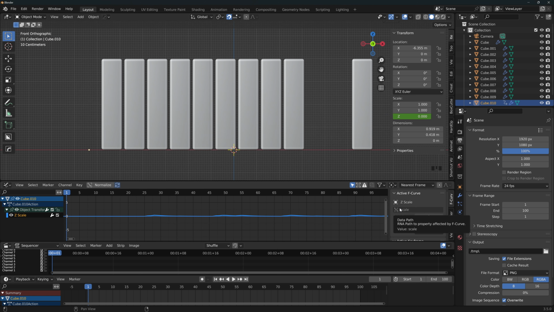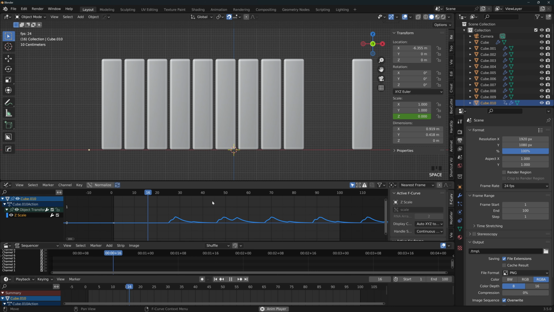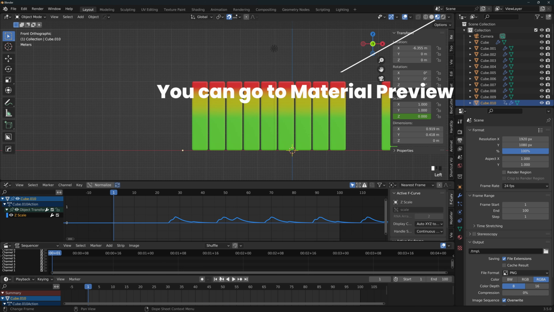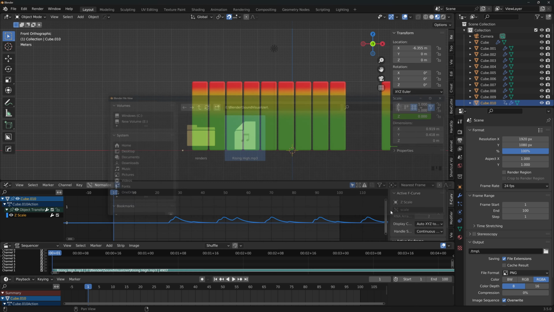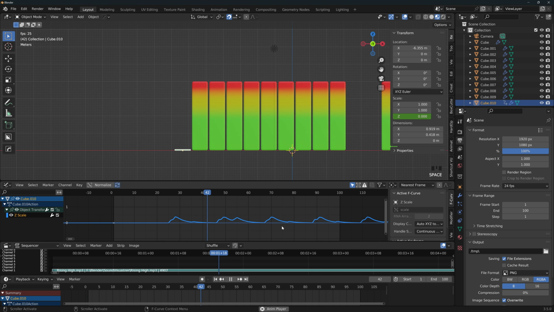The shape flattens, which is the reason why we made our shading reference separate, to always be able to see it in case we want to modify something. You'll see in the graph editor that the audio has been mapped to the Z scale channel. And if you press play or spacebar, the shape will start reacting to the sound. To be able to hear the sound, go back to the first frame and in the sequencer, add sound and select your clip. Now if you hit play, you can hear the sound and see the shape reacting to it. Pretty cool if I say so myself.